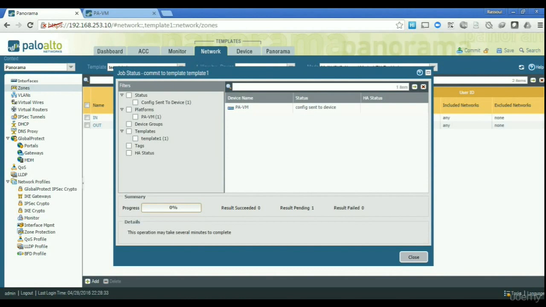So doing that, it will send the configuration from Panorama to your firewall, and if you have multiple firewalls as part of that template, all of those firewalls will receive that configuration, and it will make it easy for you. So you can see that I just pushed the configuration of template 1 to the firewall,